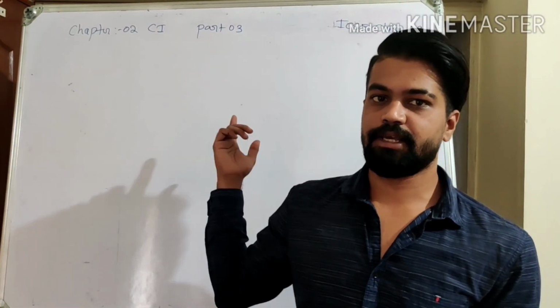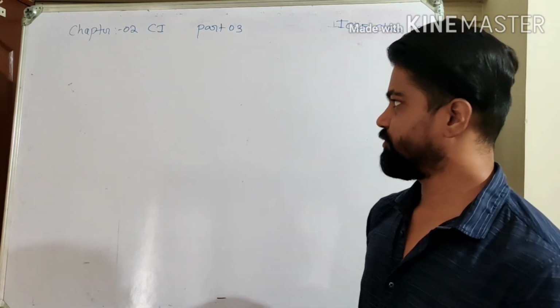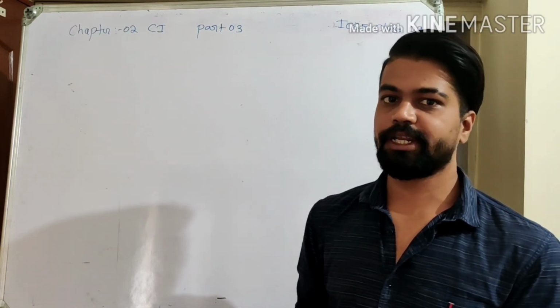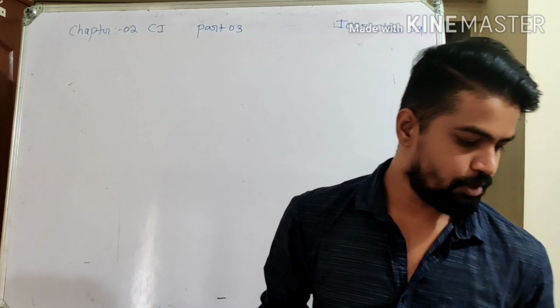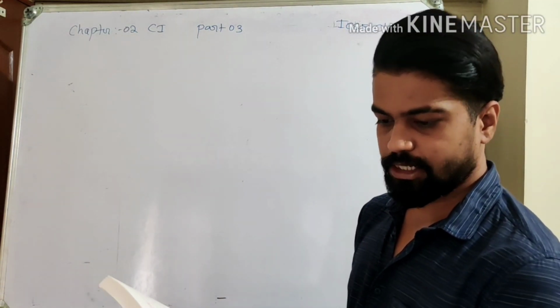So in the last class I solved the example and exercise, right? That is 2A. So now we are going to the next part of this class. We have advanced questions with a different variety of application of compound interest. So that we're going to see. Let me start with the example questions itself.